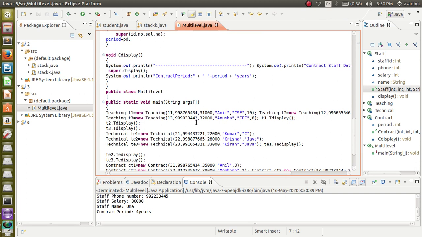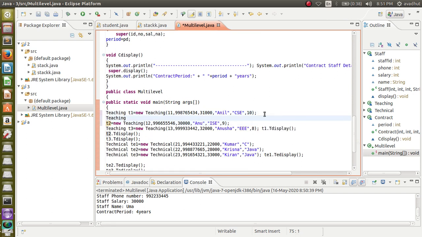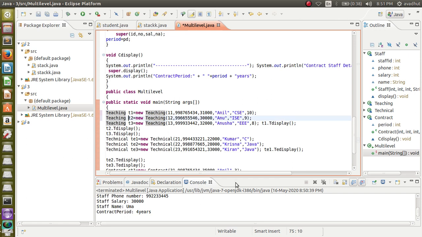So we are having three objects of teaching here, T1, T2, T3.